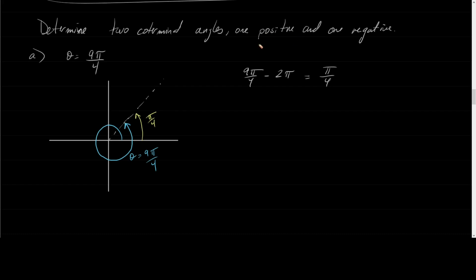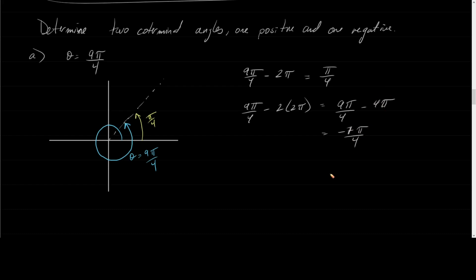Now we've got the first positive response. We need the second answer to be negative. So what we're going to do is take 9 pi over 4 and remove 2 rotations. What would that do? We have 9 pi over 4 minus 4 pi, but to have a common denominator, that would be 16 pi over 4. And 9 minus 16 would be negative 7